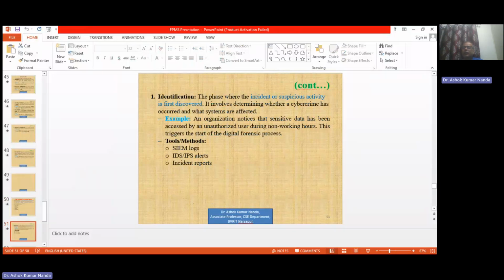And those people or those students have not been granted the privilege to access. They are not at all concerned with that. So that is called the identification. So this triggers the digital forensic process. In this case, we use tools or methods like SIEM logs, IDS, IPS alerts, and incident reports. Next point is